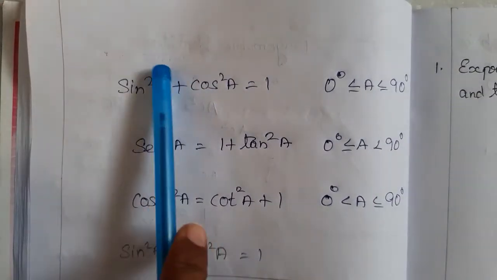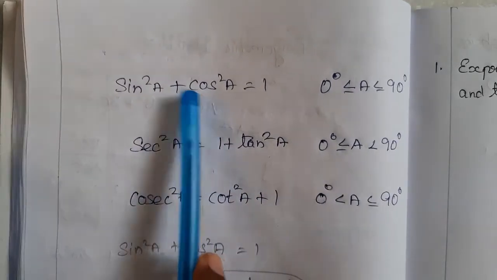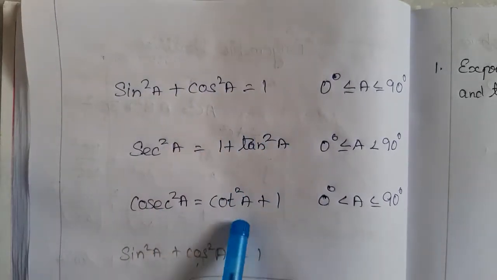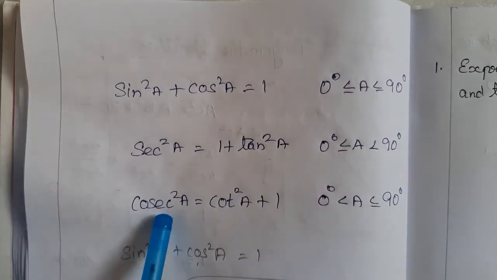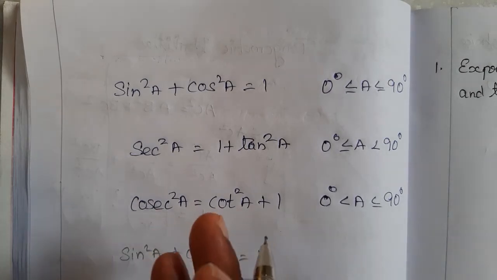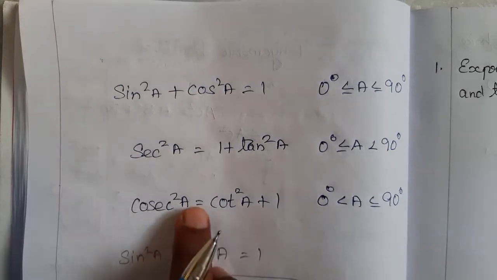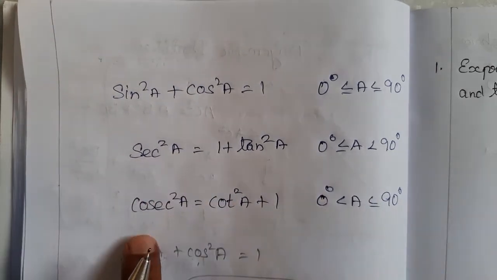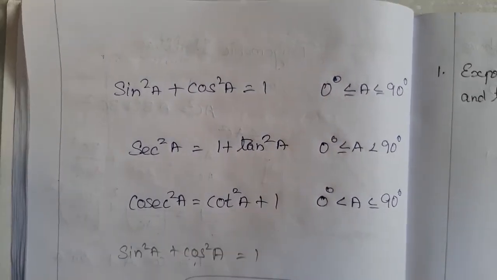Here is the sin and here is the cot. Here cos we cannot change to cot, so we will avoid this identity. Let me choose this identity. Here cot is there and cosec is there, and cosec we can convert to sin, since we know that cosec theta is equal to 1 by sin theta. So instead of cosec theta we can put 1 by sin theta, and we can express it in terms of only cot. Clear?